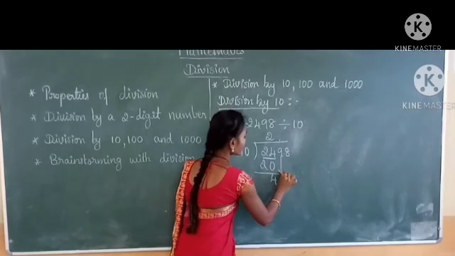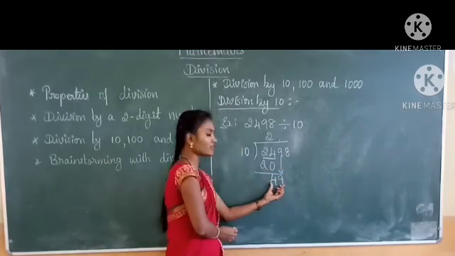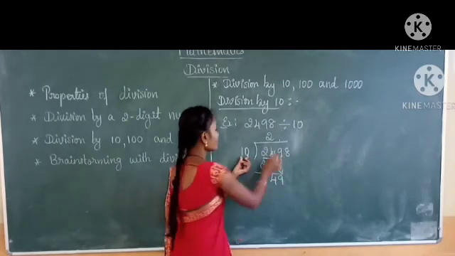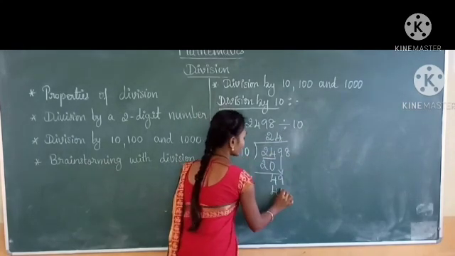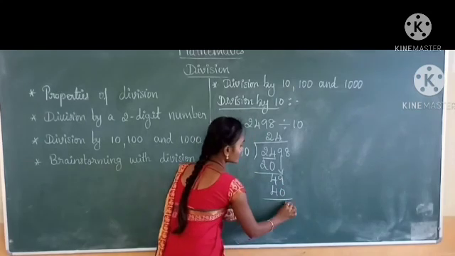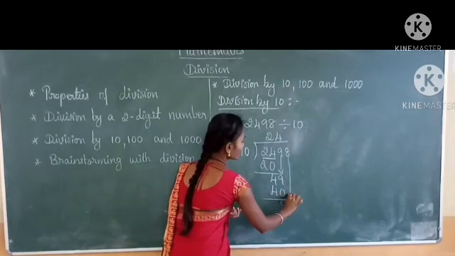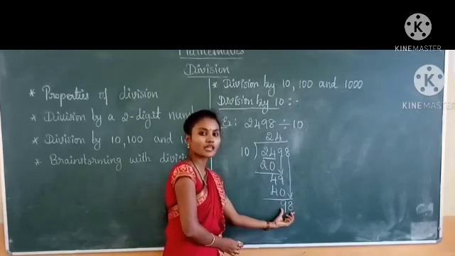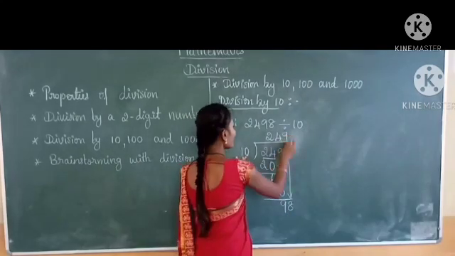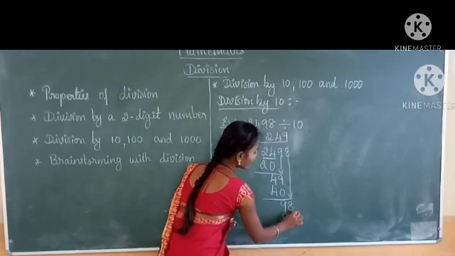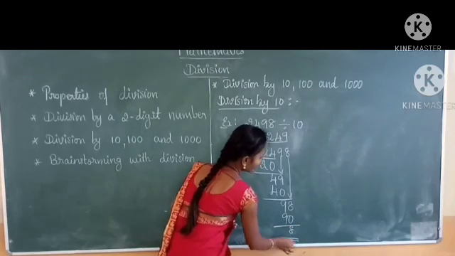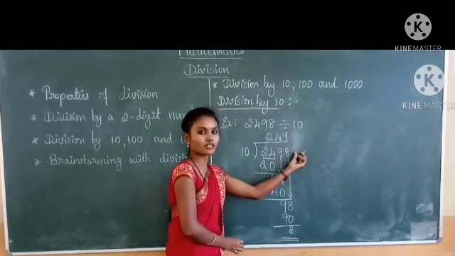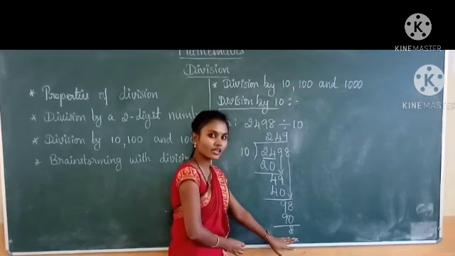Next you have to take the next number, that is 9. It becomes 49. 10 fours are 40. And 9 minus 0 is 9. And the next number is 8. Then it becomes 98. 10 nines are 90. So 8 minus 0 is 8. So after that there is no number here. Therefore the remainder is 8. The method